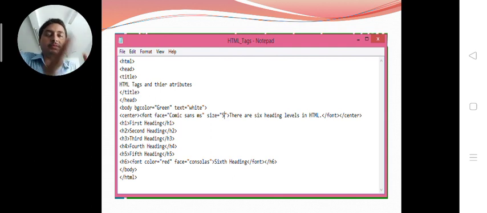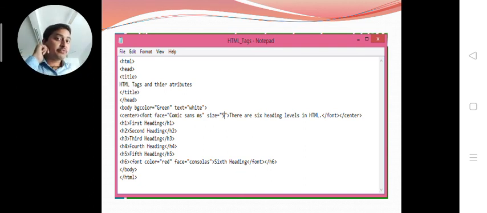Whatever your screen size is, it will arrange itself to the center depending on your screen size. Now we have again used a font tag after the center tag starts, and then a new tag starts, font, there is some space, then face equals Comic Sans MS.